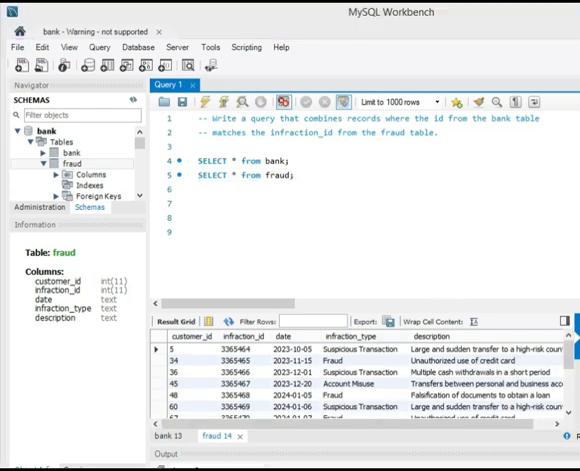So many times we have to analyze data that is spread across multiple tables, which is similar to the exercise that we have to do right now, where we have to analyze which customers in our bank table have corresponding infractions recorded in the fraud table. And to achieve this, we need to combine these two tables to see the records where ID from the bank table matches the customer ID